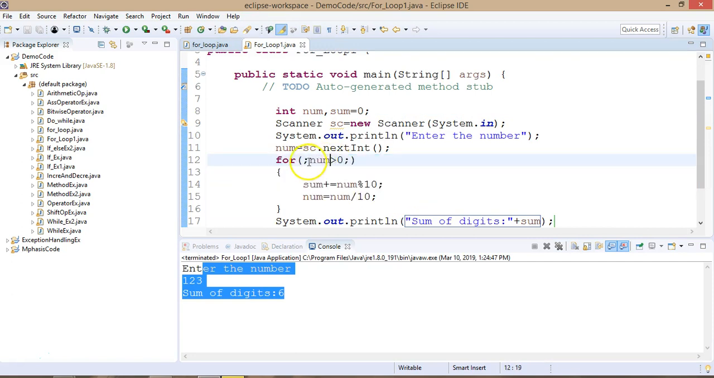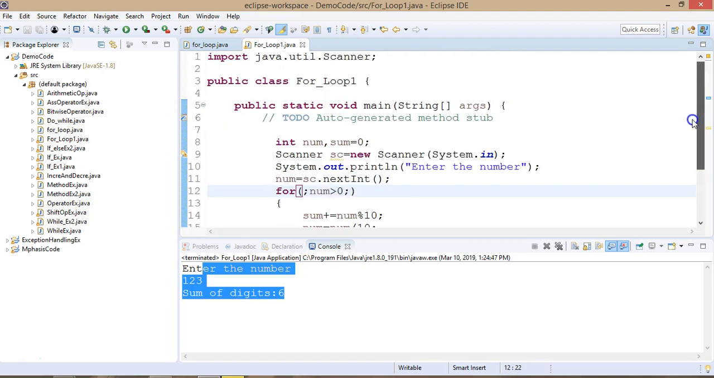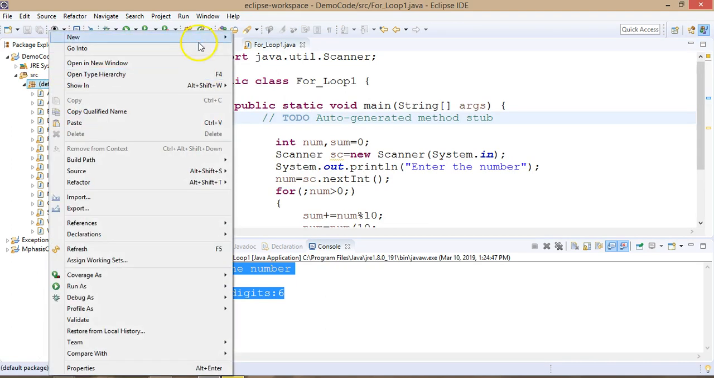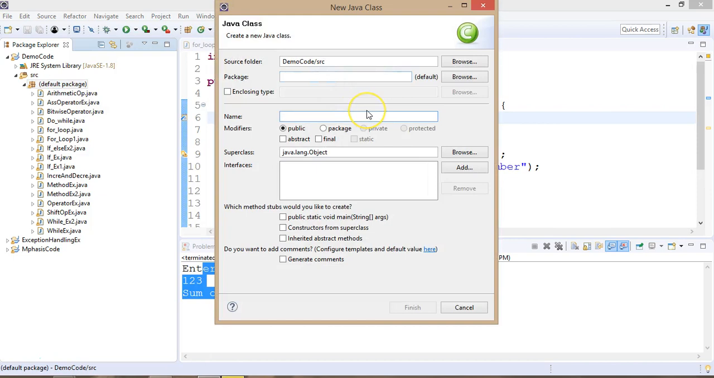I can write the loop where I just have the initialization. But remember that we have to separate this with semicolons, because the first block is for initialization, the second is for condition, and the third is for the increment and decrement. Now, if I want to increment or decrement two variables at the same time, that also we can do. How can we do that? For example,